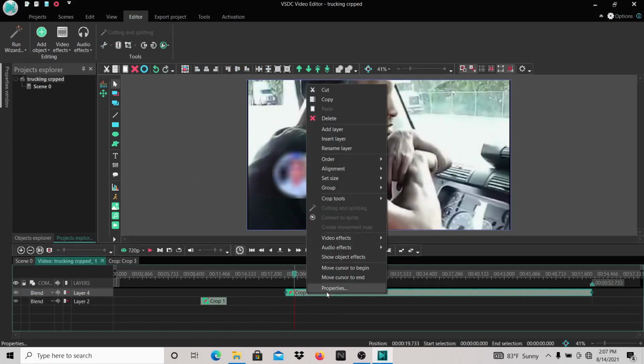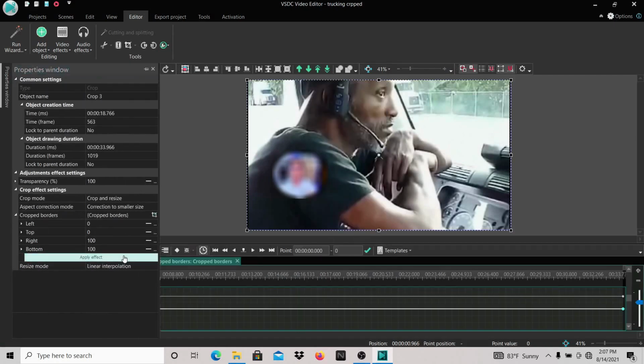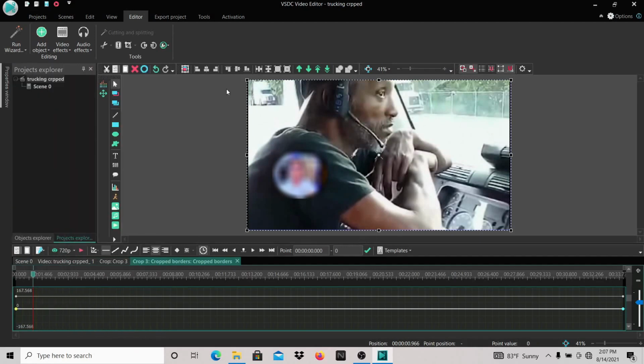Right click on properties, right click on the crop. Click properties. Hit crop tools. Alright, so you see the hash marks around my video, so that means my crop is on. So now what I'm going to do is drag this into where I want this person cropped